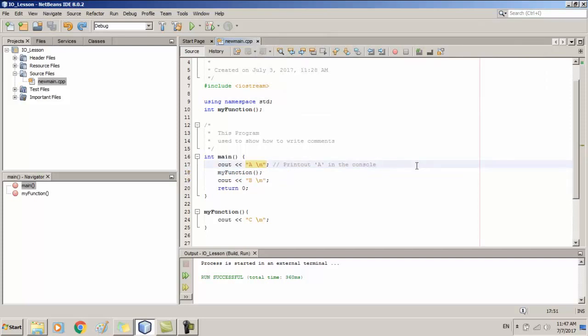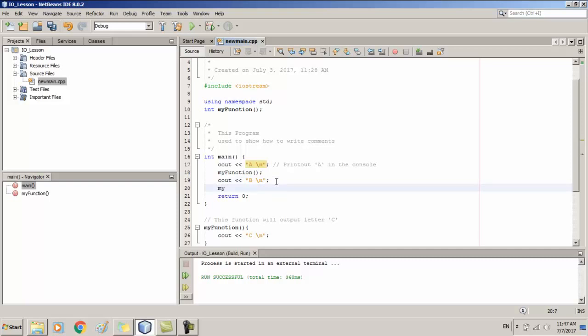Okay, now rather than giving a readable understanding about the program for the developer using the comments, there is another purpose behind the comments. To show you that, I'm going to say what this my function does using a single line comment. This function will output letter C. So using a single line comment, I have written what this function does.